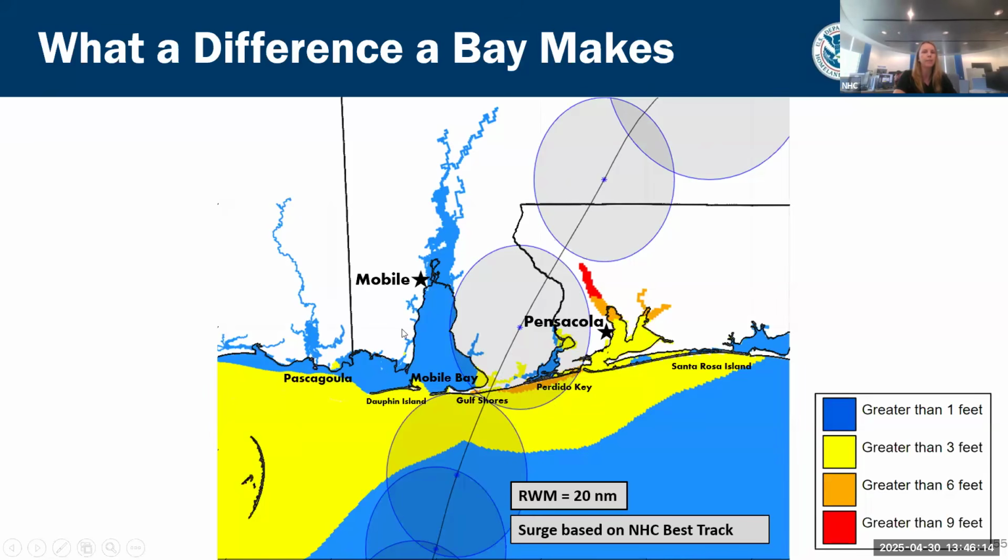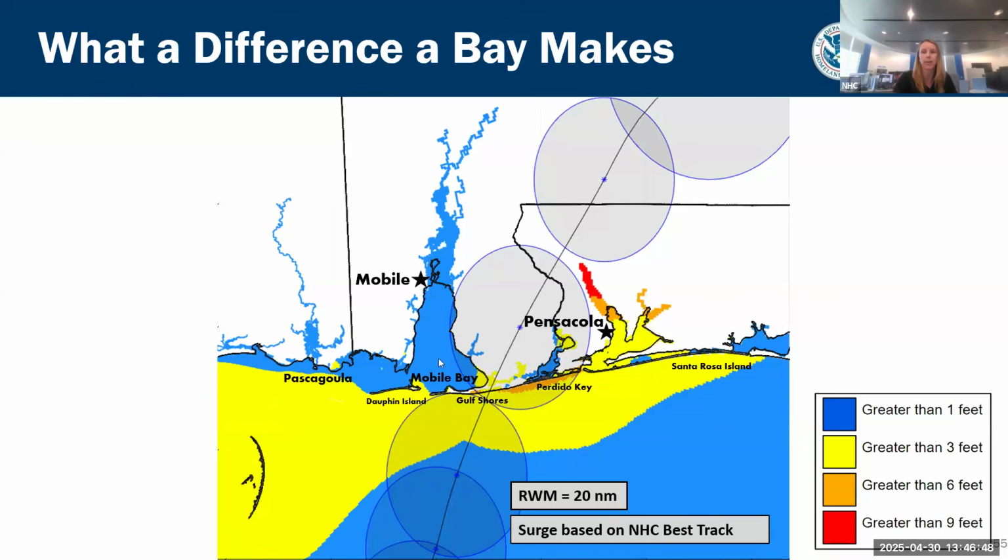And then what actually happened in Mobile? Well, in reality, you have that very strong offshore flow. You can see the eye of the storm is pushing water out of Mobile Bay. And so they may have actually seen water levels, they definitely did see water levels below normal. And so just that small shift within 24 hours makes a huge difference in the actual outcome and the impacts of the storm. So how are we going to prepare for something like this? That's what we're going to discuss here today.